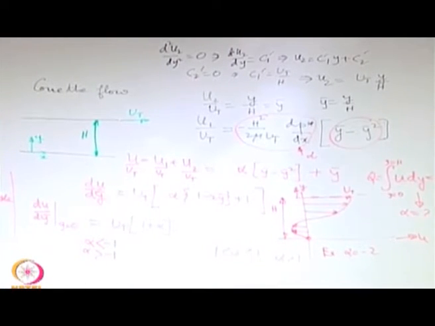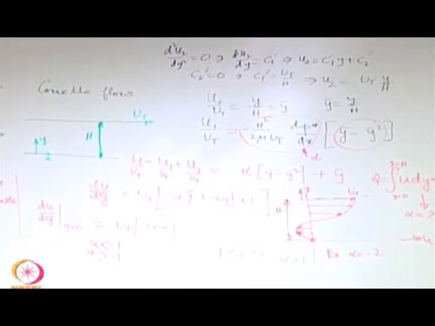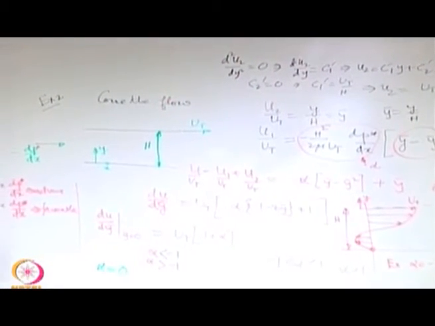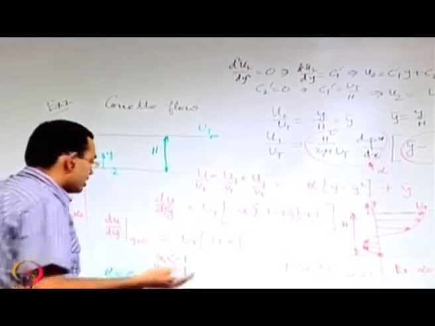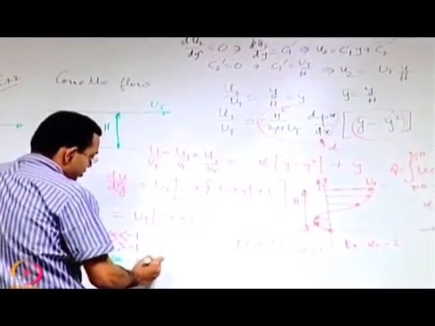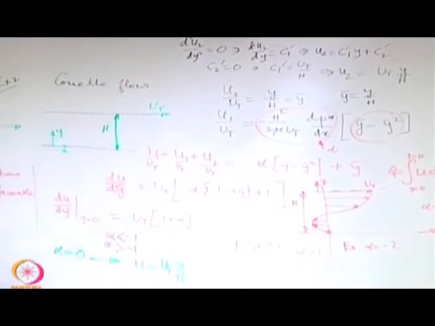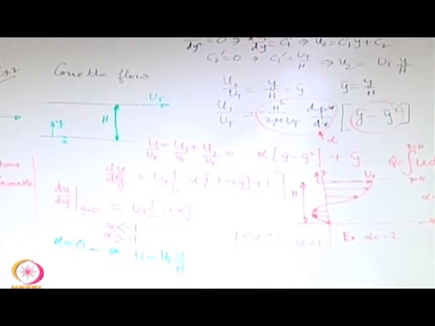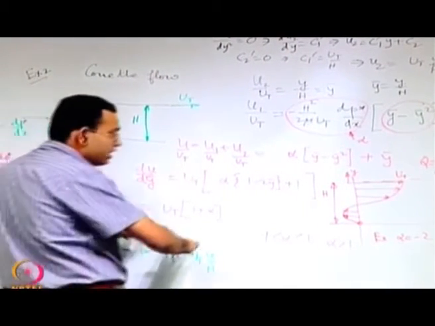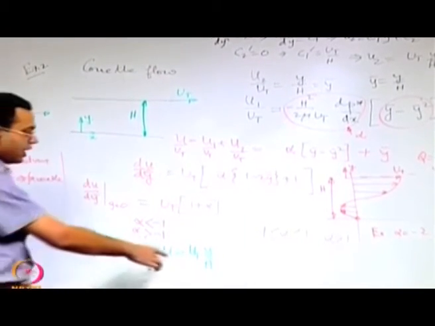Now a very simple situation, a special case of this, is alpha equal to 0. When you have alpha equal to 0, that means there is no pressure gradient, it is neither favorable nor adverse, and then the solution is very simple, u equal to ut into y by h. This is known as a simple Couette flow, that is a Couette flow without any pressure gradient. So this is a case where only the shear is driving the flow, and the velocity profile for this is